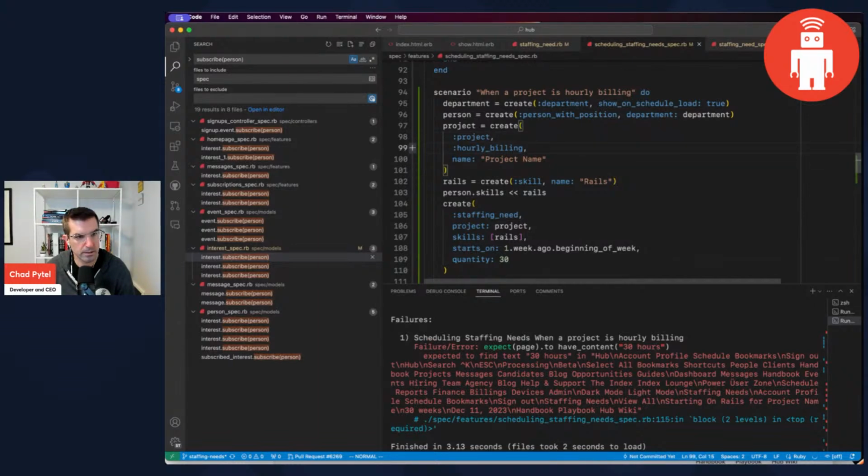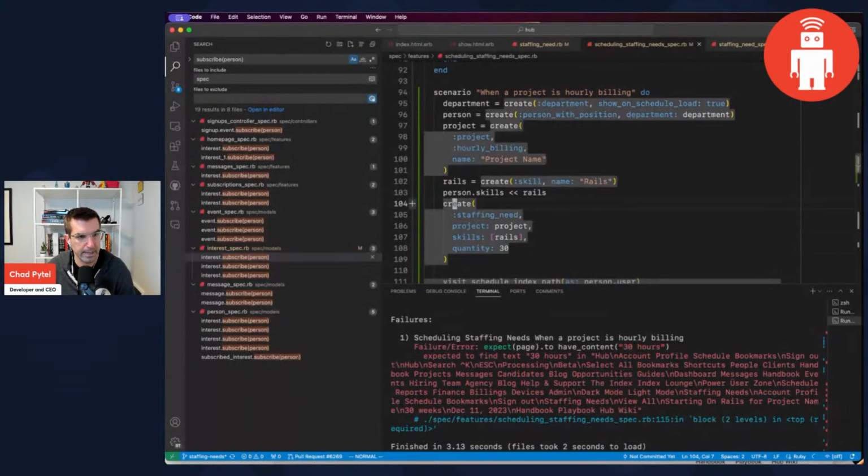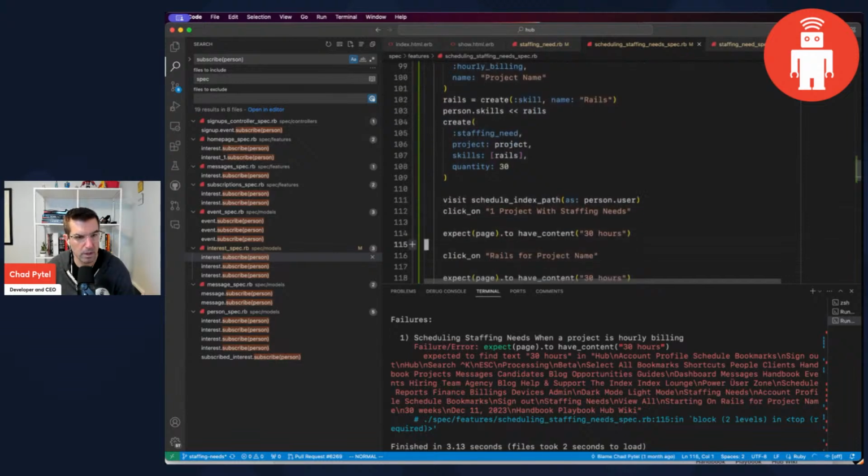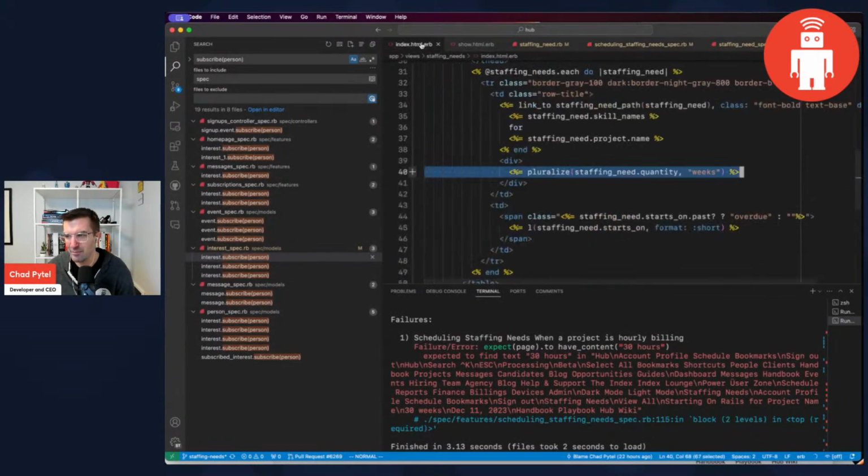The project we set hourly billing. So I'm pausing because I expected that to pass because we already changed the view. Oh wait, no, I stopped myself before changing the view because I didn't want to change the view without fixing the specs. So,